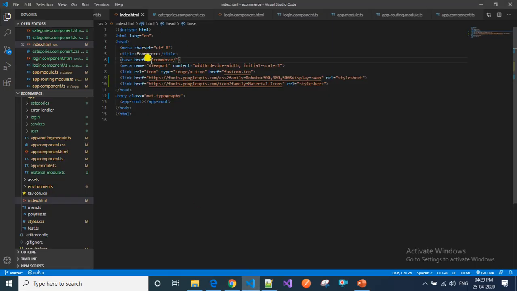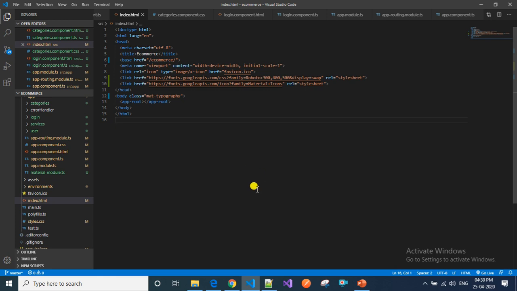So why do we have to use these names? In what scenarios will we use these names? Let's consider when you are deploying your application on the production server into any folder path. Then we have to give that particular folder path here. If you don't give that folder path, then you get all these issues. So I will repeat that once again: when you deploy your application into any folder in production, then you have to give that particular folder name here.